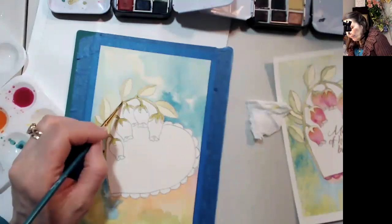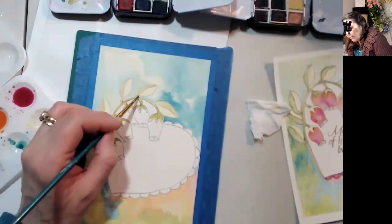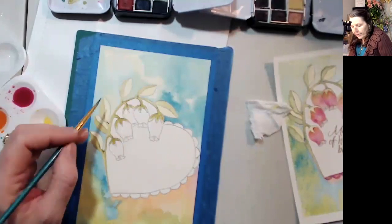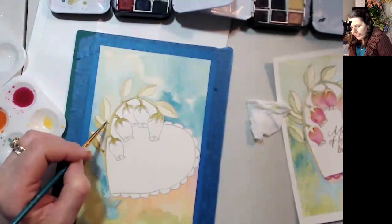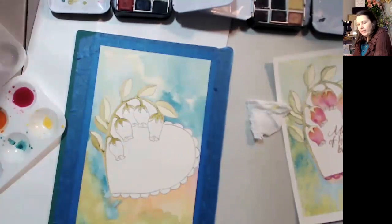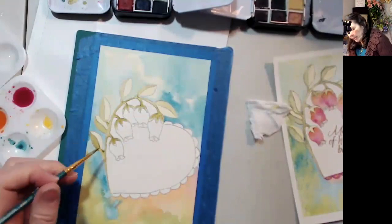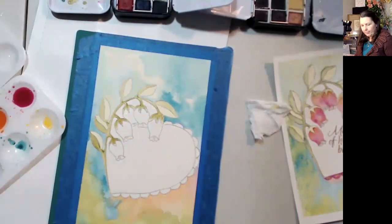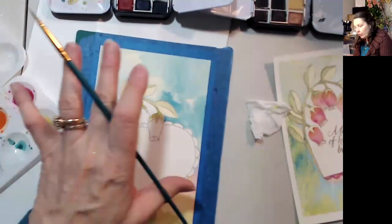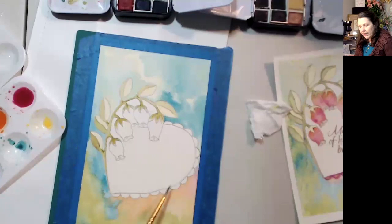Stand back a little bit from yours and look at it and say, if it's becoming stressful and it's not relaxing, then we're focusing too much on making it look just like something, making it perfect. All right, this is totally to be relaxing. So we're going to let that dry for a minute, and we're going to start over here on this side